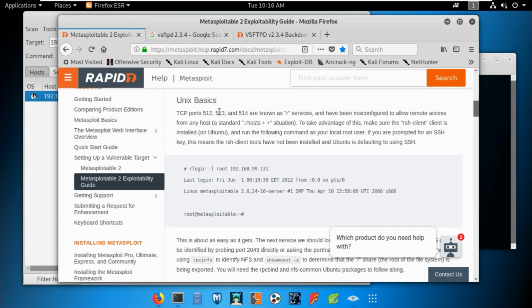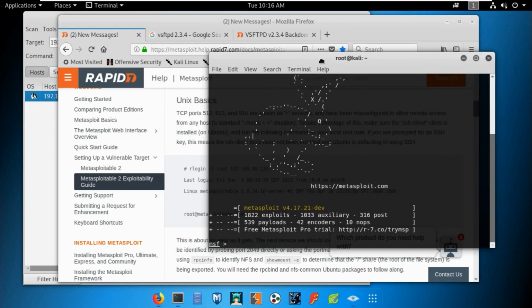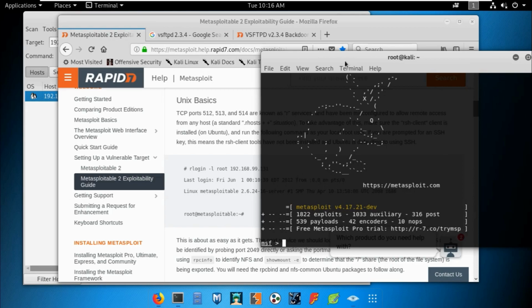Unix based ports 512, 513, 514, which are the R services. If you have no idea what R services are, I recommend you go and read about them. It is a remote service. Not all pen testers know everything about the ports, and when they find something they don't know, they just Google it. First they get the information about the target, then they Google it, and then they get the information on what the service is, the service they provide, and why the target uses that service, and then they launch their attack.